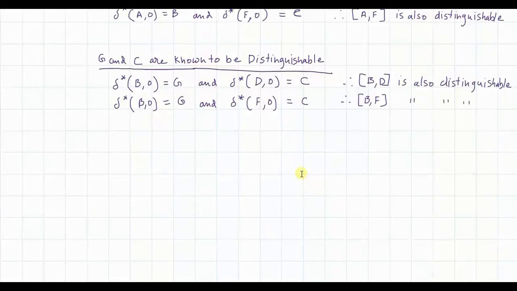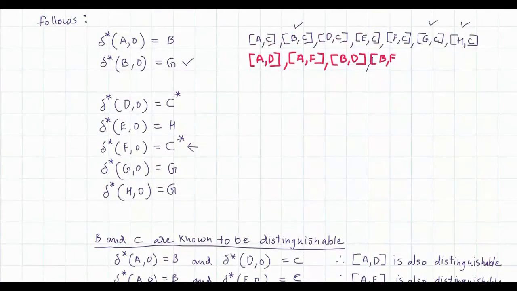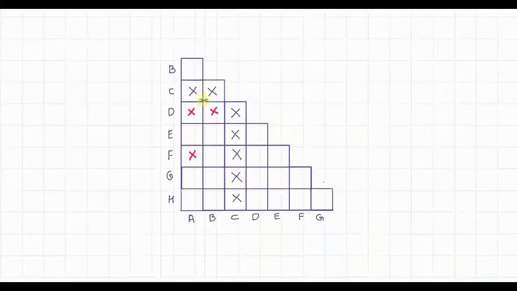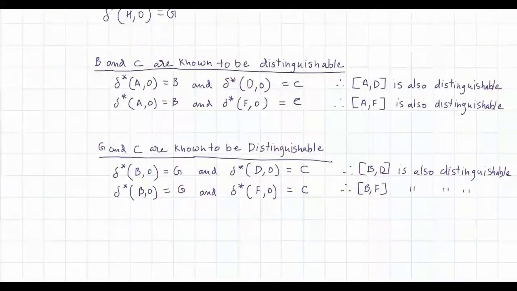I'm not writing it for time. So wherever there is first you have to add B, comma F here, and the same B, comma F should be marked in the table. So wherever there is B, comma F, that is here, you need to mark it in the table. Okay, then we will proceed with the next one.